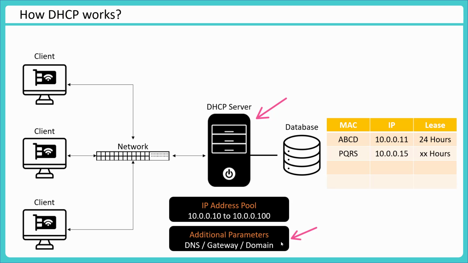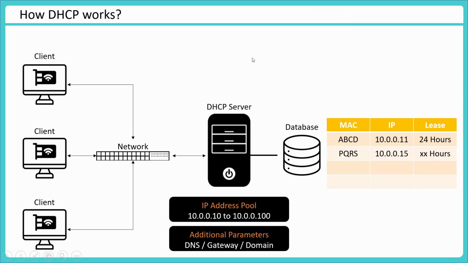So let's say you go to a tourist office and then you ask for a ticket. With ticket they can give you a map also, so that you know what areas you would be able to explore or what options are there for you to go from point A to point B. So that is the same thing. It may not be just the IP address, but additional parameters can be given to these clients so that they automatically get configured. This process is also known as